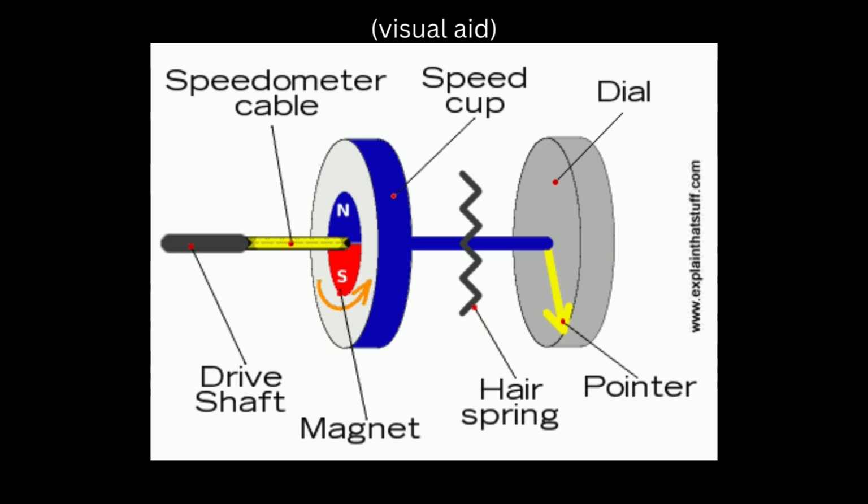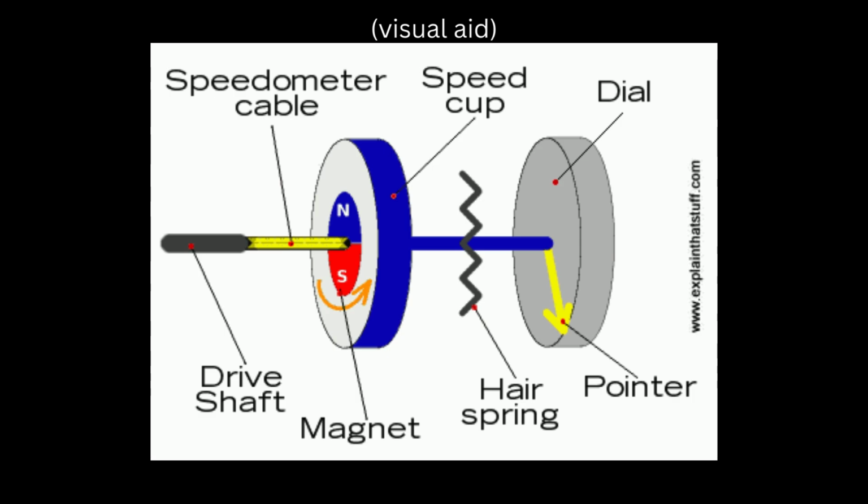When the wheels spin from the engine, the drive shaft turns, and that turns the speedometer cable, and the cable spins a magnet around the same speed inside of a speed cup, and the magnet rotates continually in the same direction, and the spinning magnet creates eddy currents in the speed cup, and the eddy currents make the speed cup rotate as well,